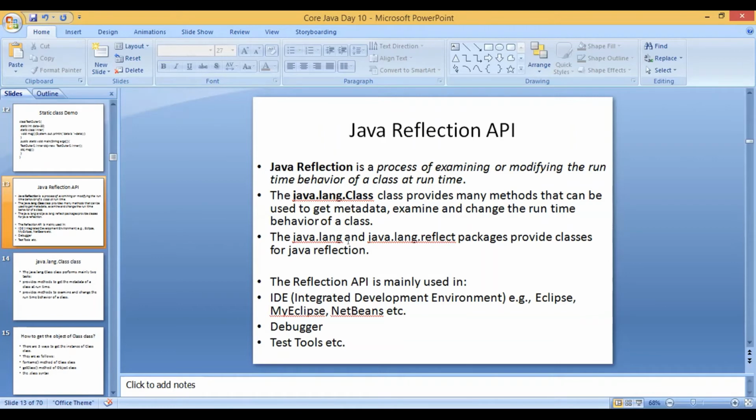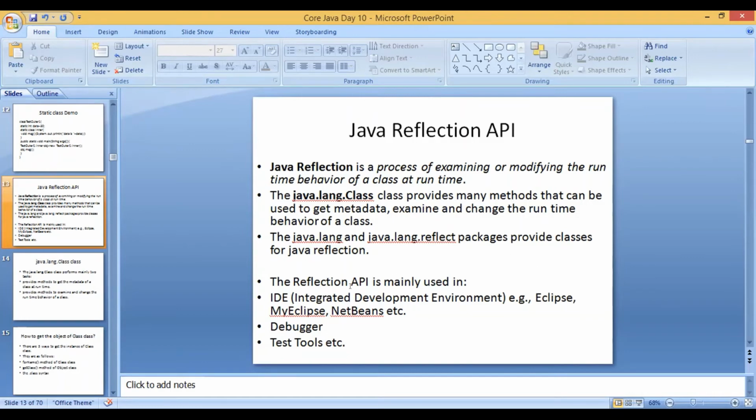Now this is the lang package, and there is another package called reflect. This package provides several built-in classes and methods for the reflection concept. This reflection API is mainly used in IDEs, that is integrated development environments like Eclipse, which we are using.